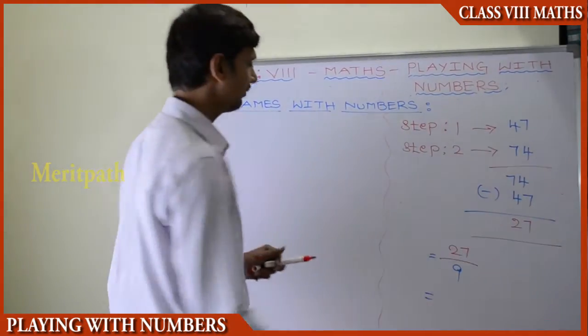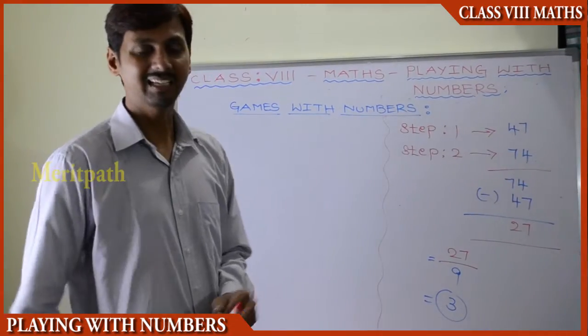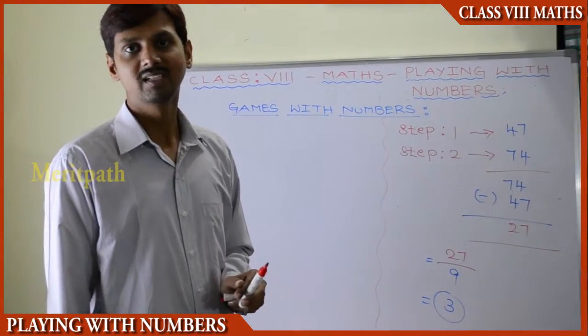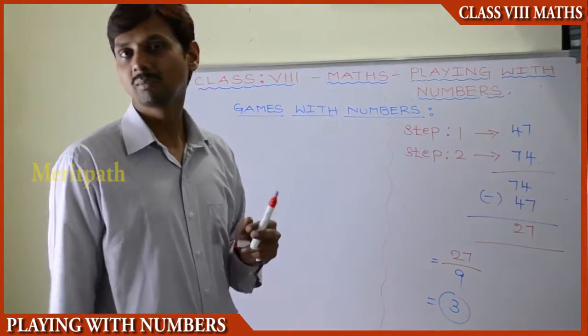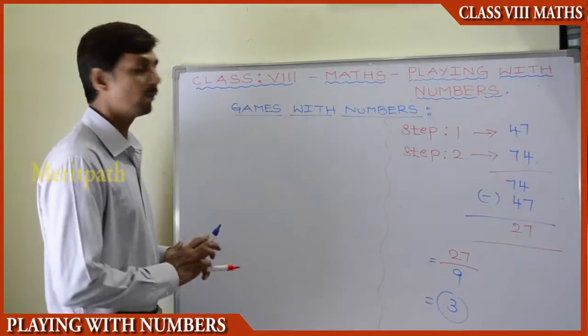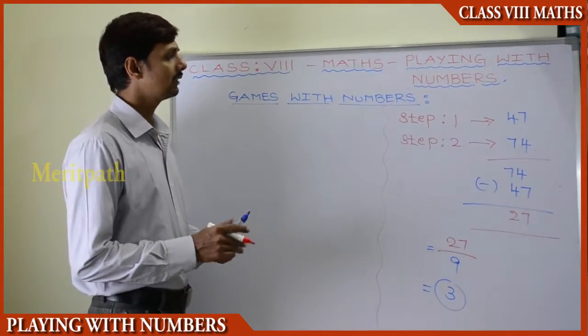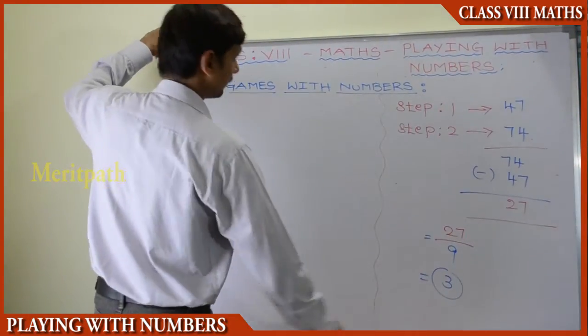3. Yeah, very good. So the answer is 3. After division we got 3 and there is no remainder. So this is possible for all the cases of two-digit numbers. So this is the concept of why it is happening. Let's see. And we know that the two-digit number is in the form of